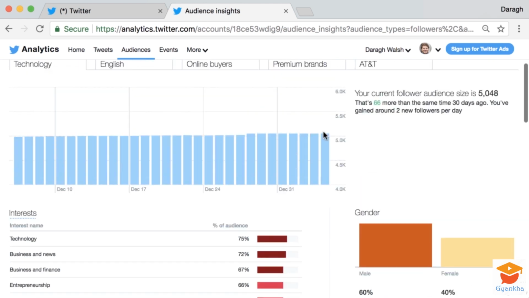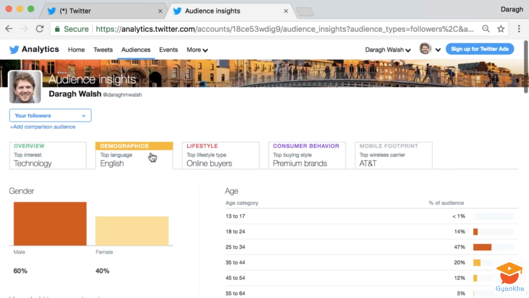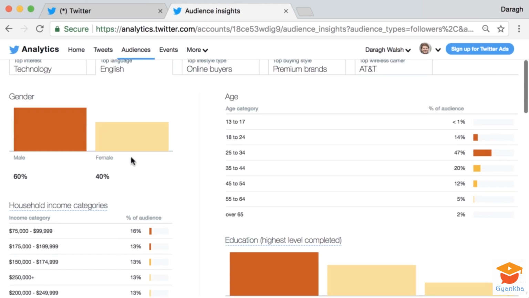And probably the most valuable tab here is the demographics. You can see the male or female split in your audience, 60-40 there, and you can see the age range as well. So you just want to come in and say, is the audience that I'm trying to attract, that is the audience for my blog or my product or my service, really matching up with my Twitter audience? And if not, maybe I should